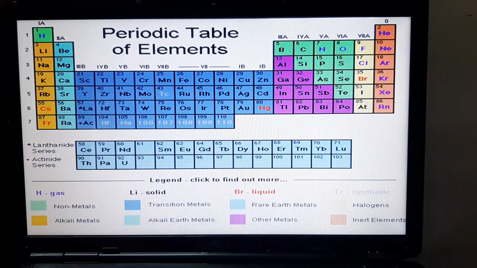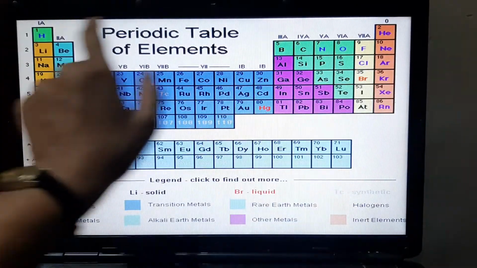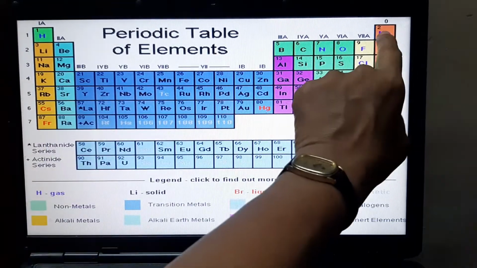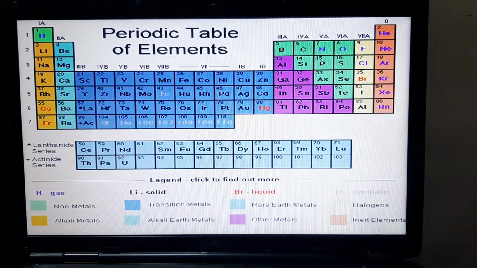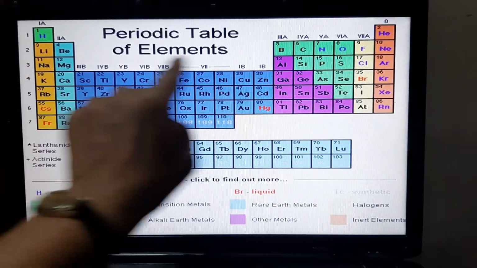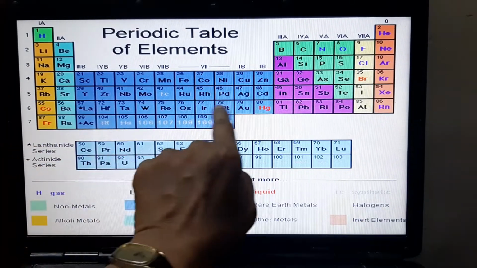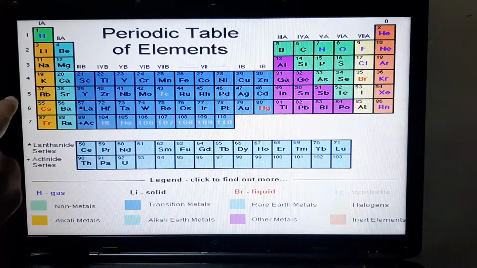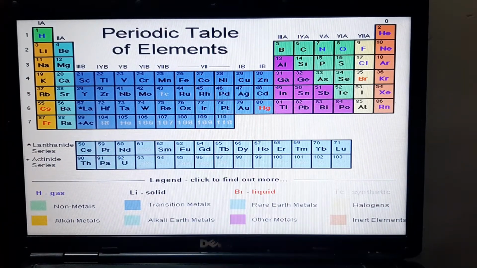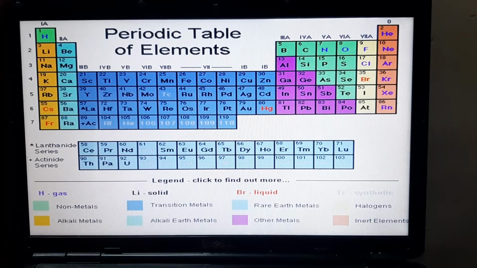So the first thing we have to know is periods. How many periods are there? There are 7 periods, and every element in a particular period has that many shells. Hydrogen and helium both have one shell. Likewise, sodium, magnesium, aluminum and all these have 3 shells. If you look at these elements here, say rubidium and strontium and so on, all of these have 5 shells. So first you have to know what a period is. I hope that period is clear to you.